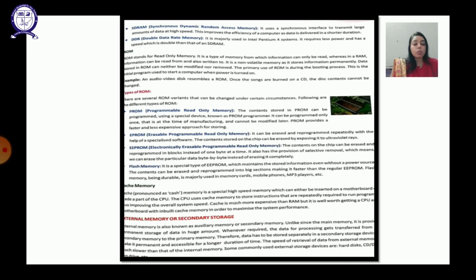Okay. So whenever a file is saved, it goes to the hard disk, and the particular files which are there in the computer can also be put in pen drives or CDs or DVDs. These are the secondary storage devices. In these, the data is permanently stored, and whenever it is required, it can be plugged into the CPU and put in the computer's main memory, right?